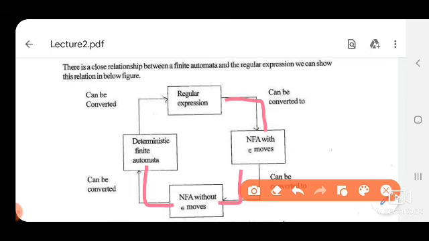Okay. And after all these processes, we get a lexical analyzer for required tokens. Okay. So we will discuss how the algorithm is to be applied on a regular expression to convert it into an FA with null moves.